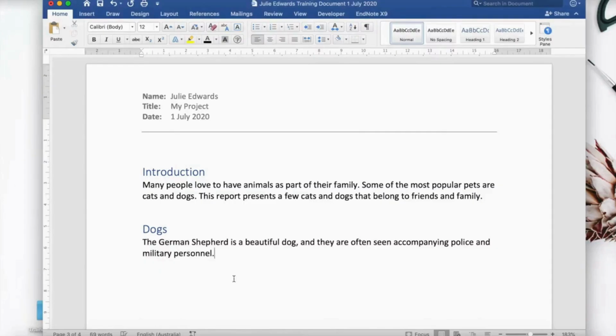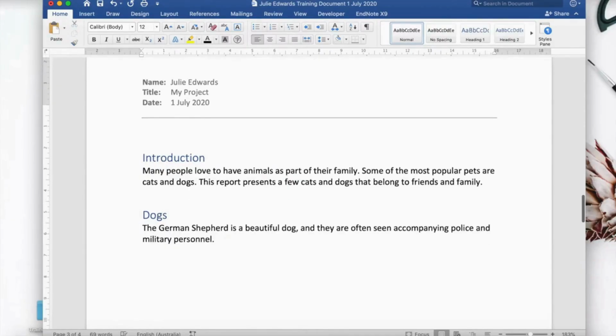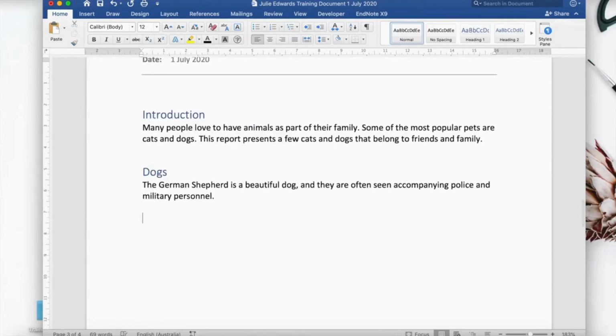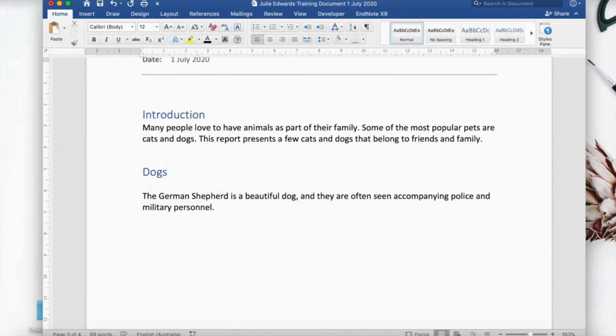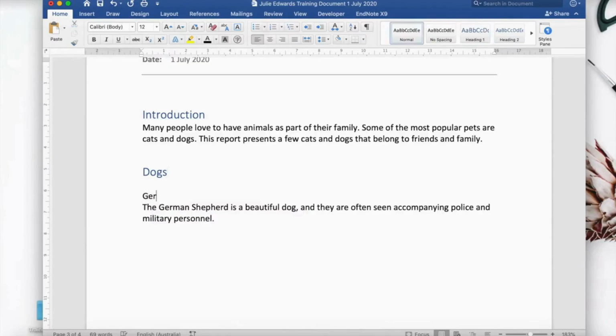Okay, the German Shepherd is a beautiful dog, and they are often seen accompanying police and military personnel. Okay, one of my favorite dogs was a German Shepherd. So here we are. Now, with our dogs, rather than write that in the main heading, I'm going to create a subheading called German Shepherds. So I'm going to type German Shepherd,